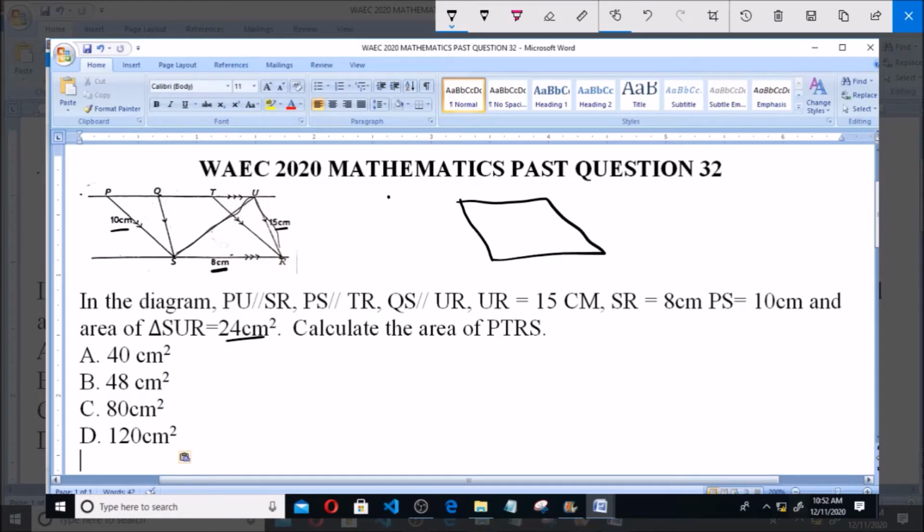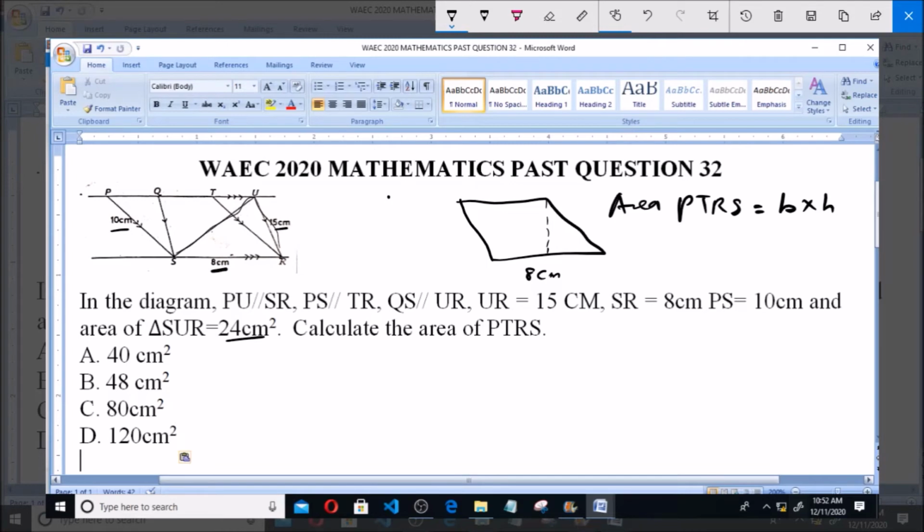Now to find the area of this parallelogram, this area of PTRS, which is a parallelogram, is equal to base times height. We have the base given to us to be 8 centimeters, but we need to know the height of this parallelogram. So in order to get the height, we simply find the height using the area